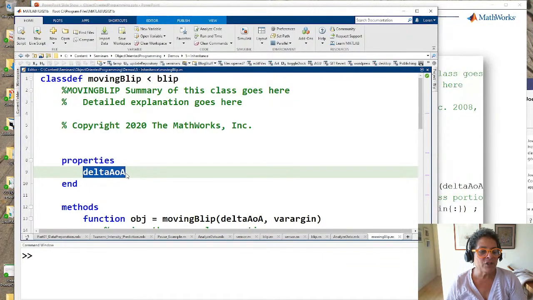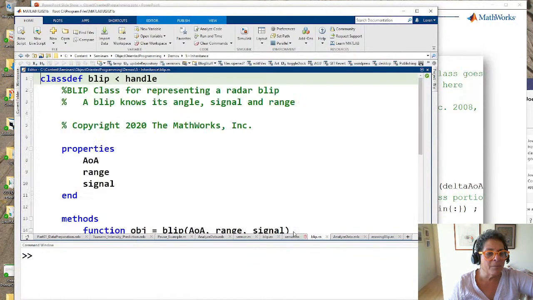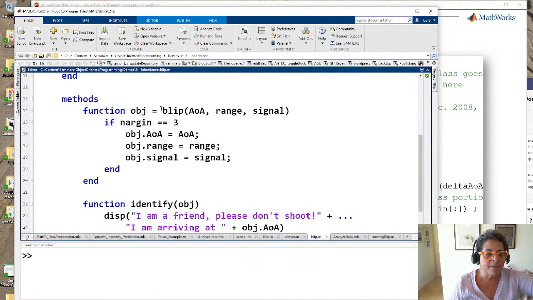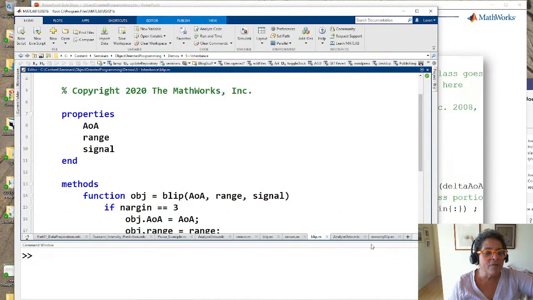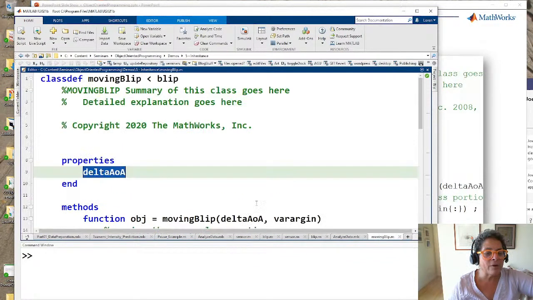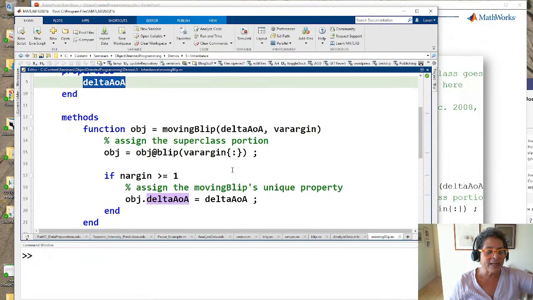And so I'm also going to have a method here. It has all the same methods that blip has, which were, if we come here, the blip constructor and identify. That was it. But a moving blip is going to add a new method for how to move it. And so the first thing I need to do when I create my moving blip, I'm going to return an object of that class, is you'll see